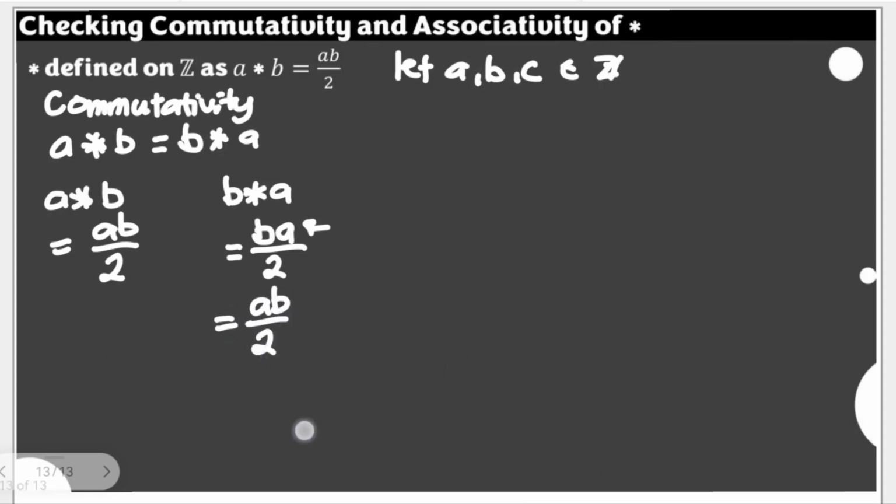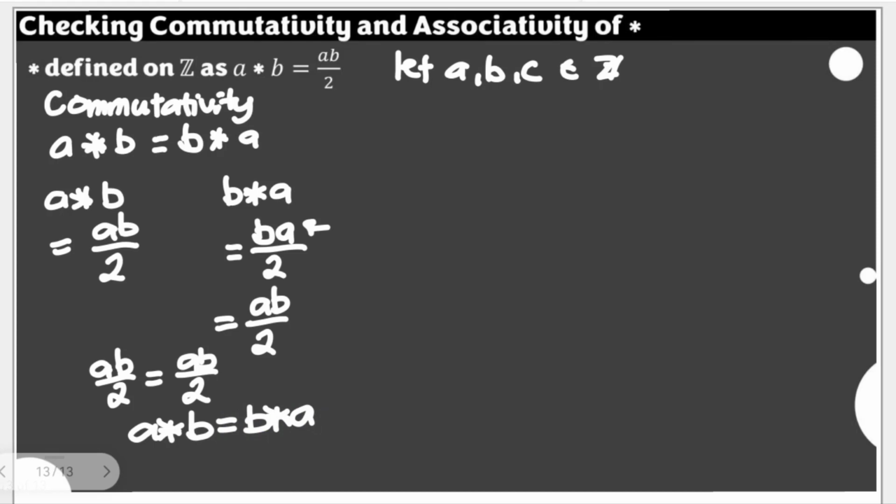That would mean we have here AB over 2 equal to AB over 2. Our A star B is just the same as B star A. This would mean that star is commutative, because no matter what the arrangement of the elements is, we will have the same result if we are dealing with the same two elements. Okay? So that's for commutativity. Now let's proceed to